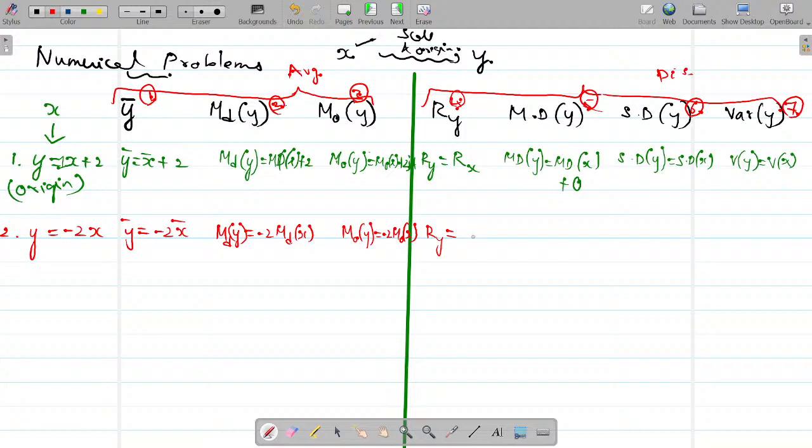Check. Yes, it is modulus of minus 2 into range of x. So this is 2 times, yes, next, mean deviation of y to mean deviation of x. Standard deviation of y, 2 into standard deviation of x. Yes, variance of y, 2 to 4, 4 times variance of x. Is it okay? For variance, we square it. Okay? If this is okay, then third, you can try for